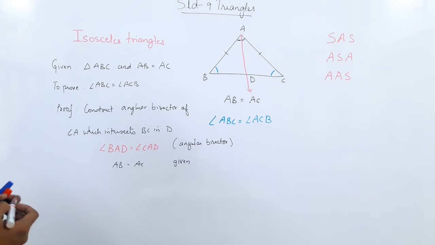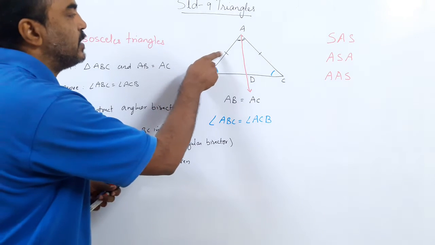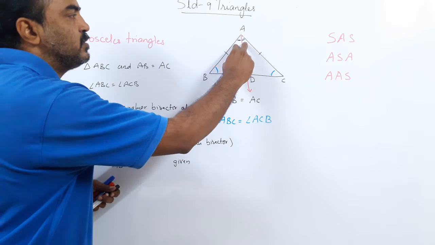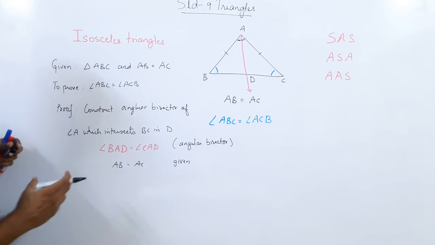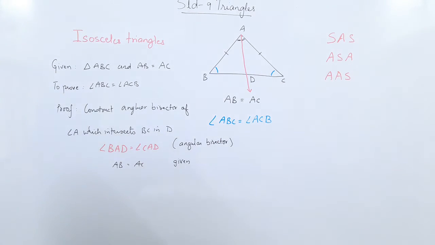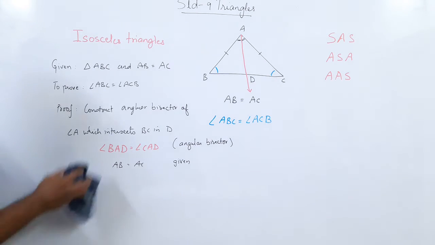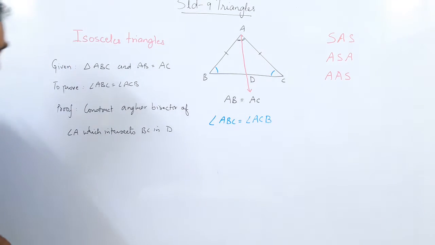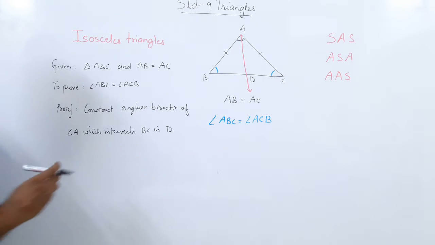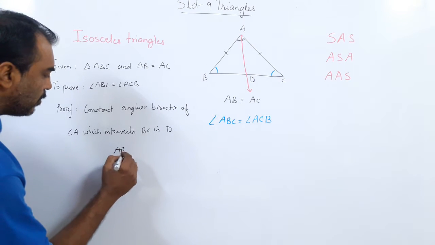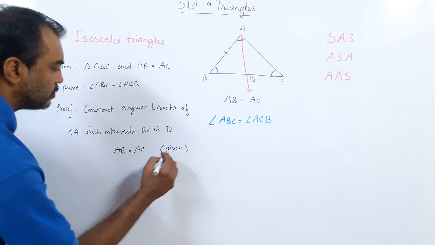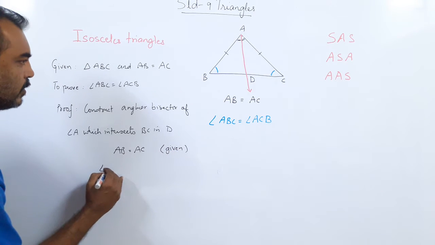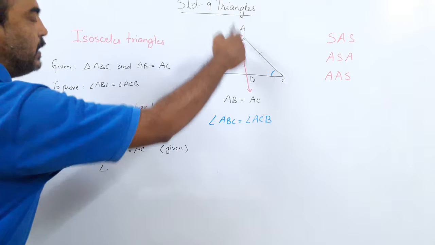Okay. So what have we got? These sides are given equal. This angle we drew equal. And look at AD. So let me write on the top here. I'll have to reshuffle it, and you will see why. So first I will write AB equal to AC. This is given to us. Angle, what we have got? BAD.